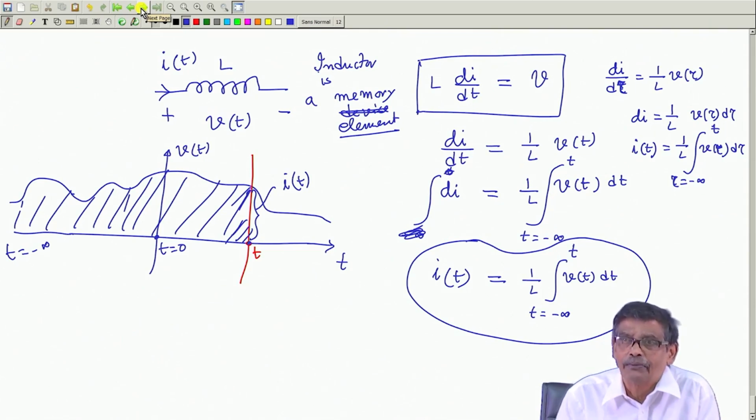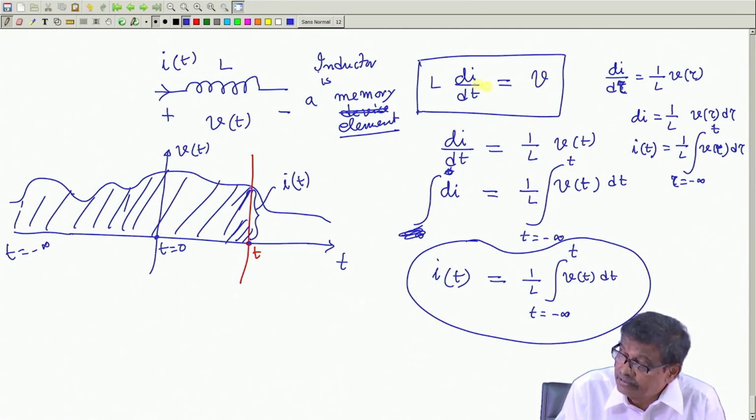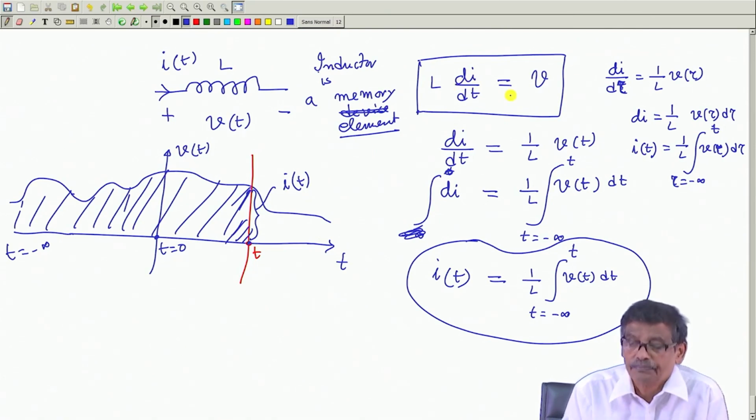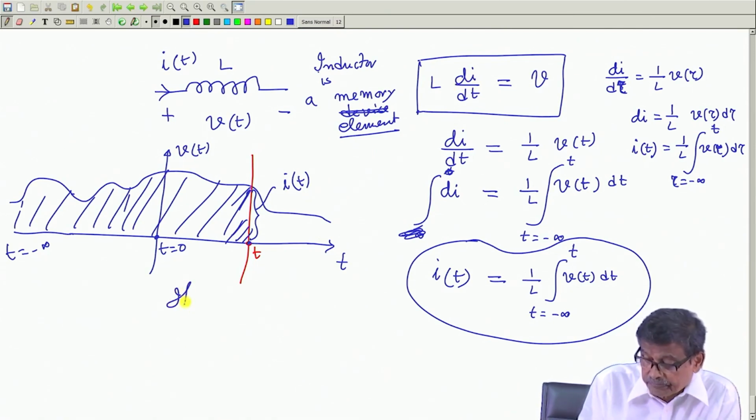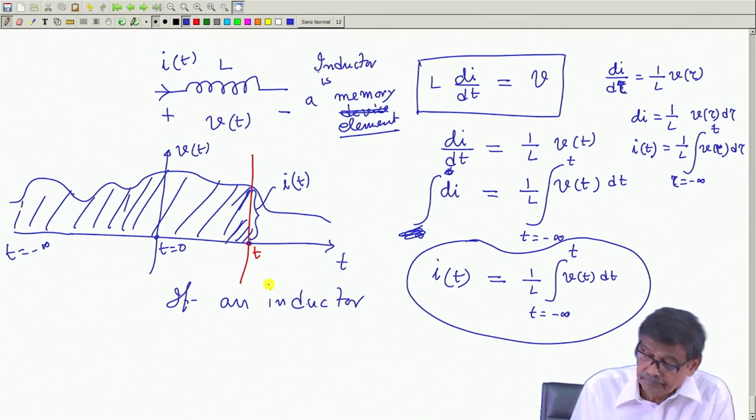I can at least say one thing: if you are allowing an inductor to carry a constant current, then the voltage across the inductance will be 0. If an inductor somehow carries a fixed current,